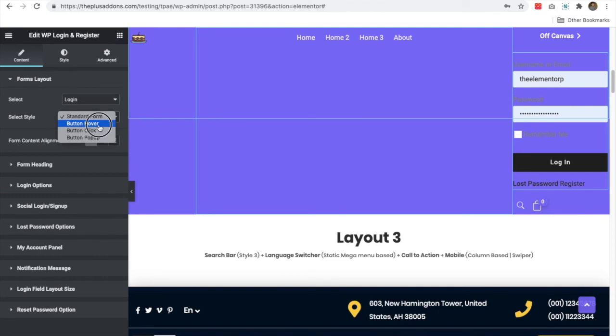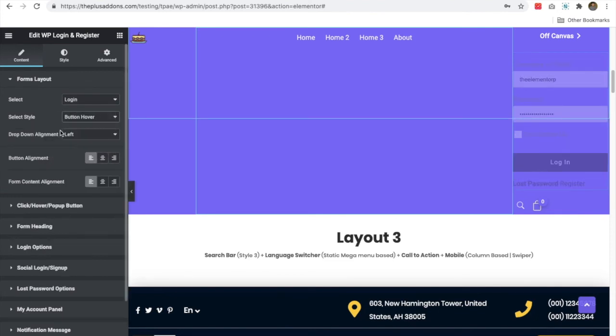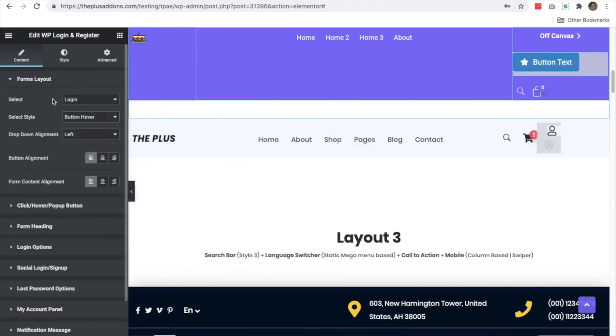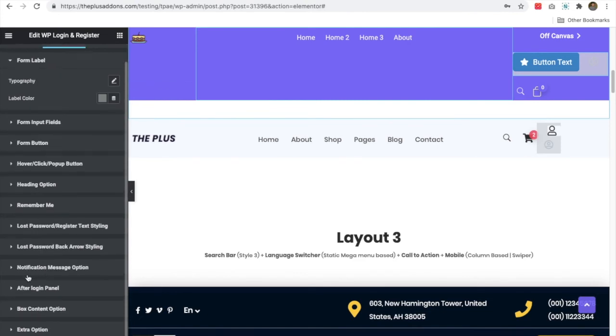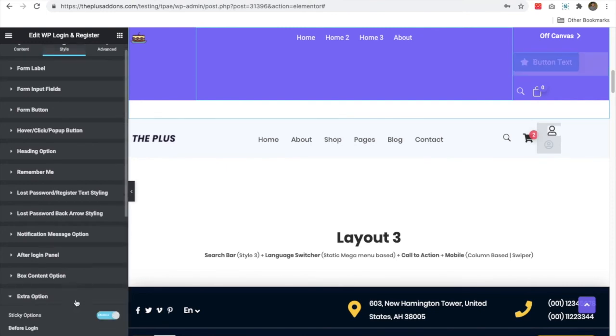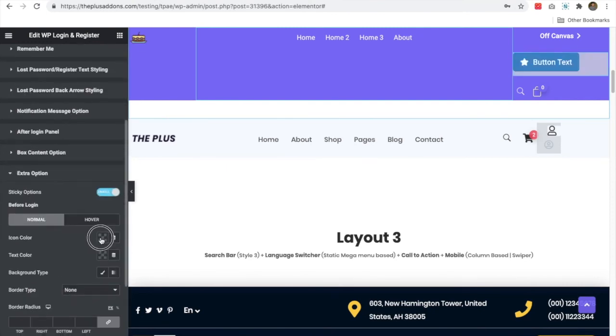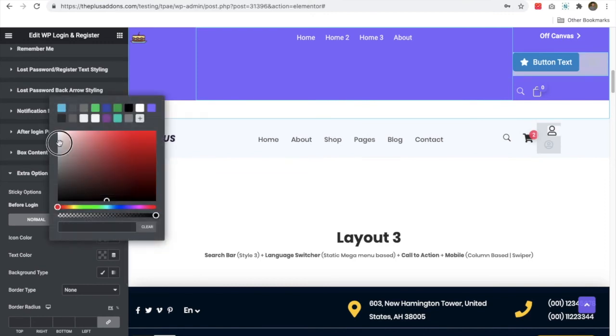So let's make it button hover, and once you do that, you also have an option for a sticky. You can see there are different options for the color and everything.